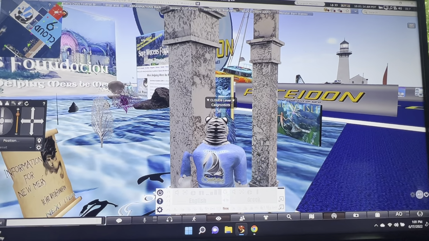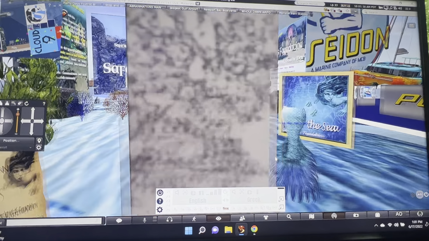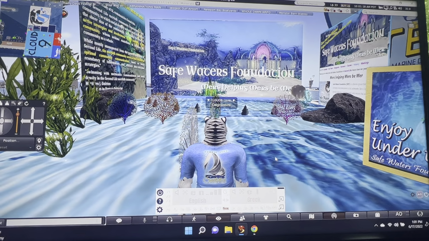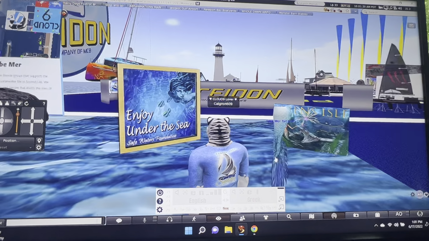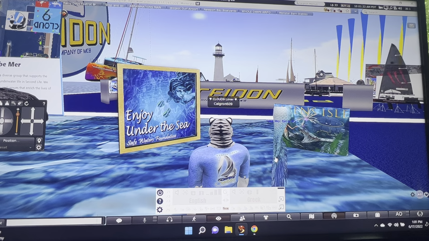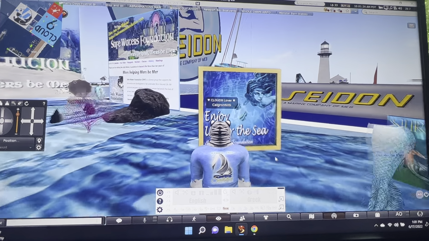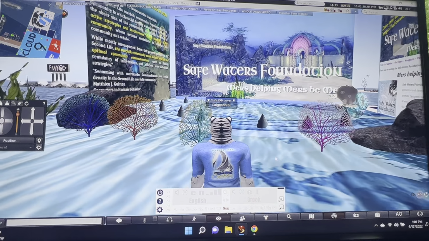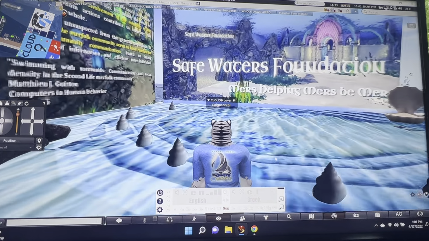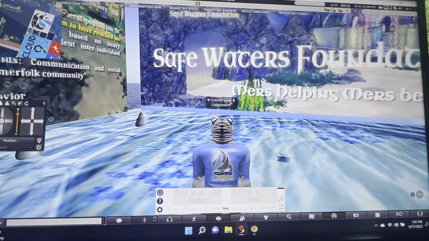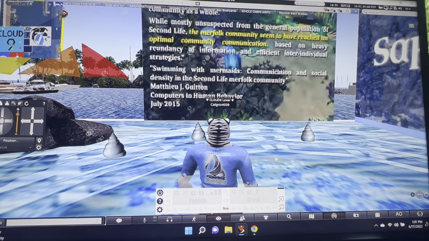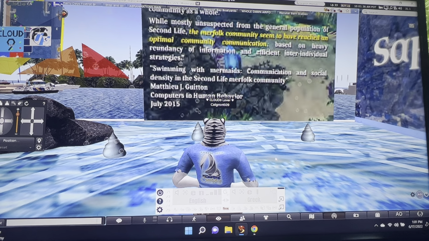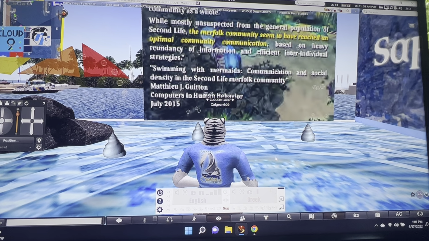SFW. Okay, now SFW has property and things like that. They're also giving away free stuff. Here's a free mermaid tail. These are the Save Waters Foundation. They're protecting the Second Life waterways and things like that. I'm kind of scared to walk around over here because I don't want to get stuck and teleported somewhere. But they are also